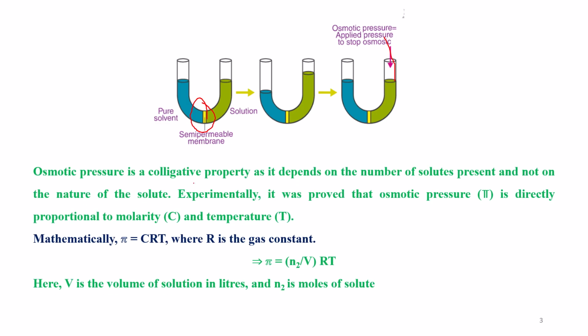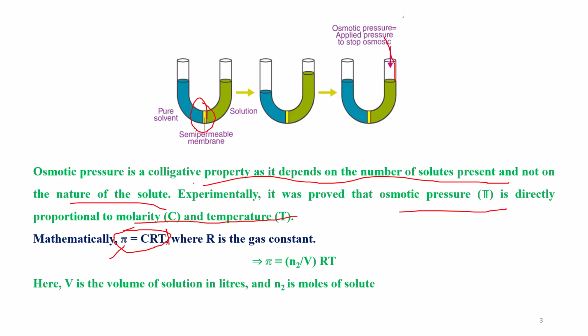The osmotic pressure is one of the colligative properties. It depends upon the number of solute particles present in the solution, not the nature of the solute. It is mathematically explained by this formula: Pi equals CRT. Here Pi is the osmotic pressure, and it is directly proportional to molarity and temperature. R is the gas constant and T is the temperature. The molarity is given by n2 by V, where n2 is the moles and V is the volume of